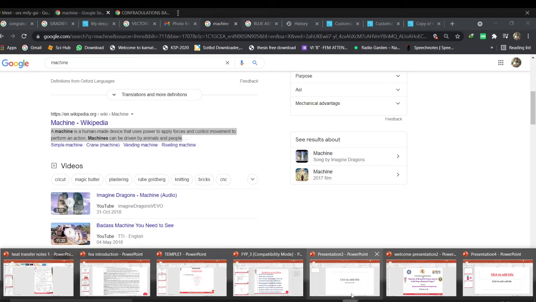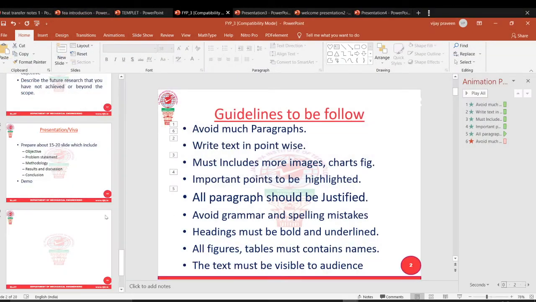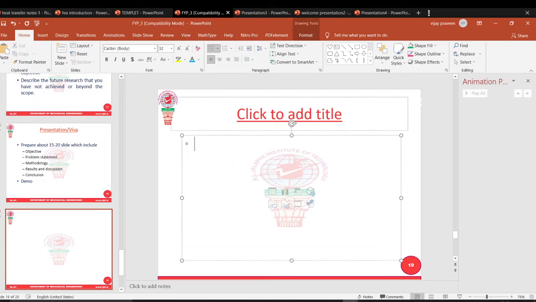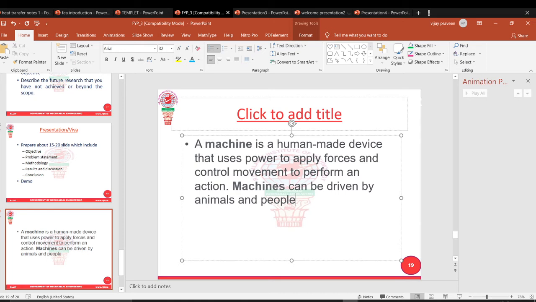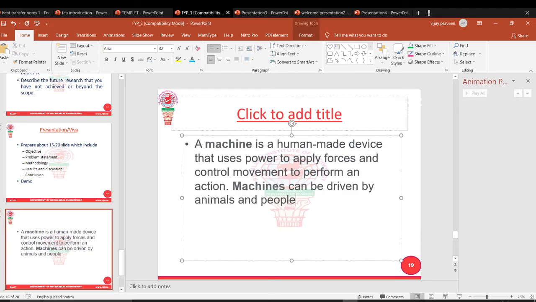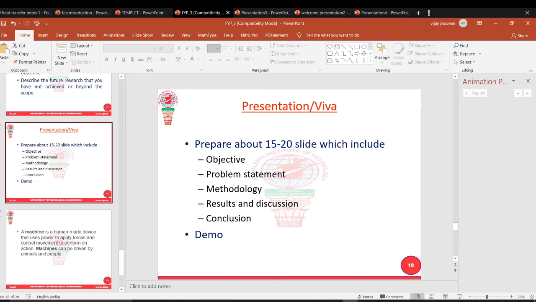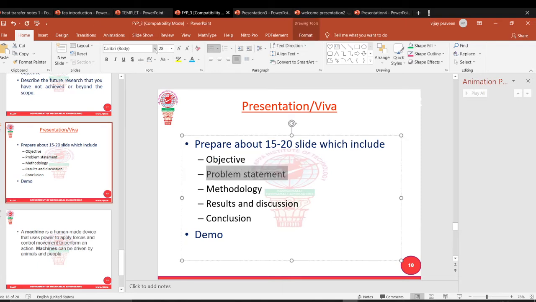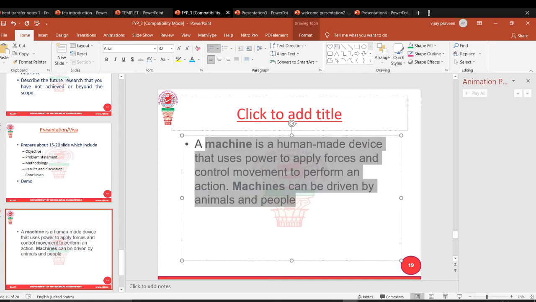Now I will come here where I want to paste it. I will paste it. What is the option? Control V. What happened? You can observe now. Actually, here the text bodies are this color, but it came in gray. Here you can see the font is Calibri, I put 28, but here there is a different font, Arial, 32. Now I want to keep it the same font.